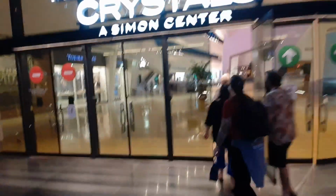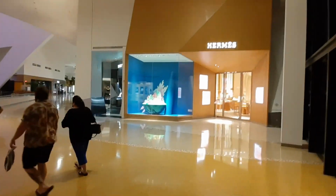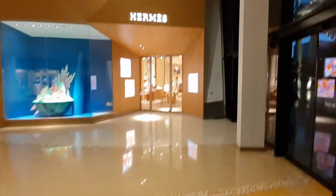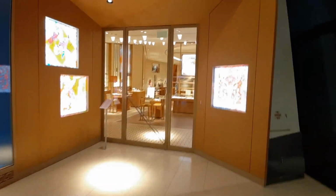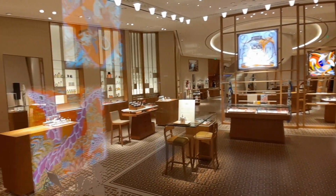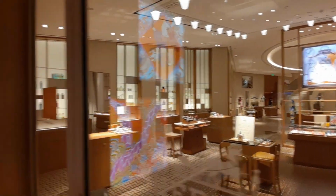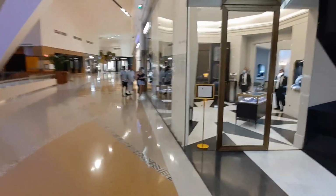Anyhow, continuing on our tour of the Crystals. Now inside the shopping mall area, and first store on this side to the right is a Hermès of Paris. And just take a quick look inside here. Looks like they sell mostly women's makeup, and there was a few aisles of clothing in there, but it looked like mostly scarves and whatnot. Anyhow, continuing on,